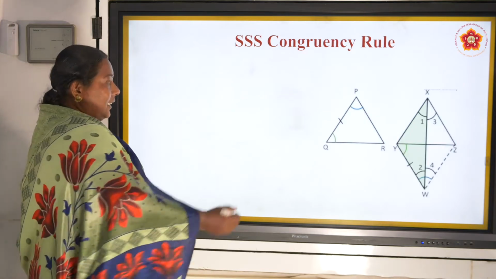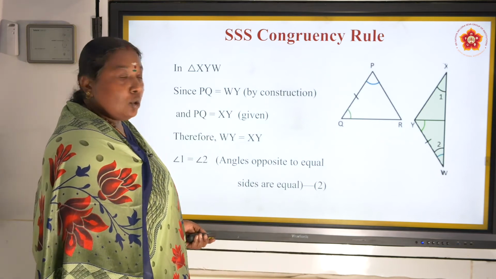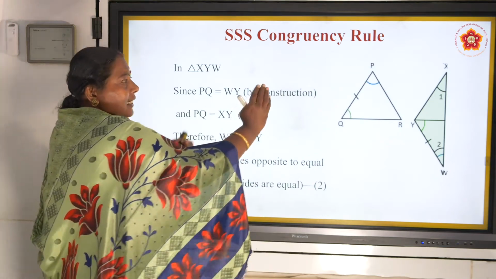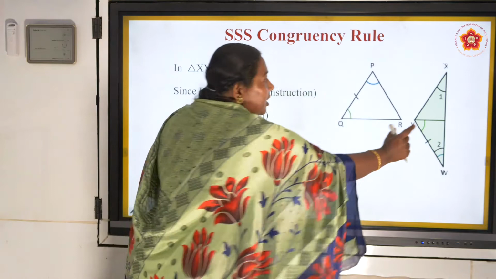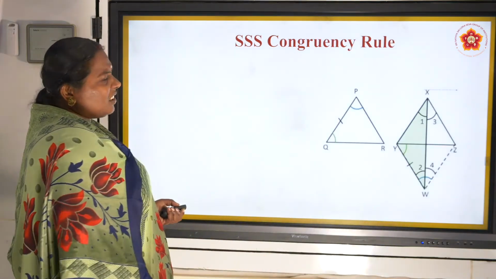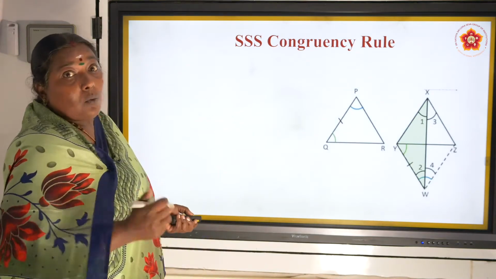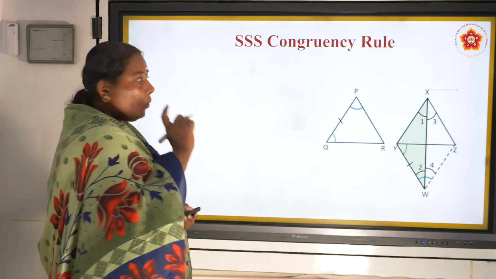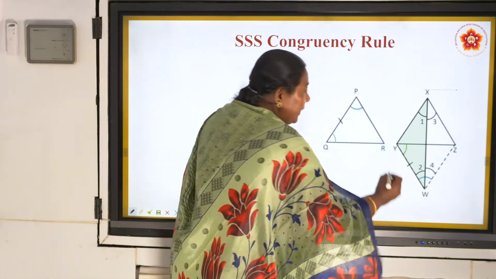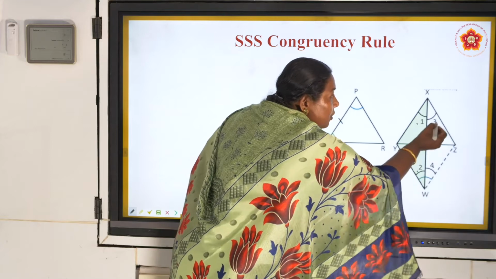So we can tell that angle 1 is equal to angle 2. Like the same wise, it is like symmetry, right? The same one, other side is also there. So I can tell without thinking, I can tell that angle 4 and angle 3 are equal. Is it right? Now I am reaching my destination slowly. Now here 2 is equal to 1 and 4 is equal to 3.